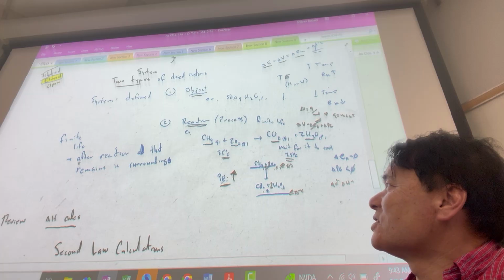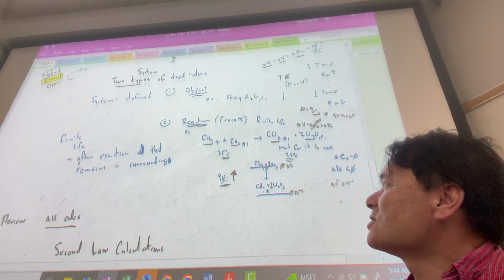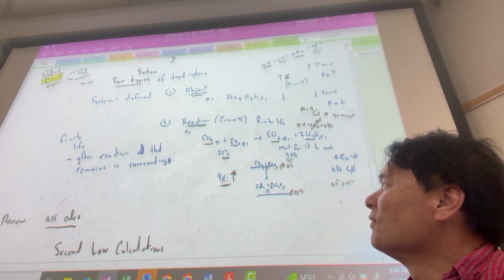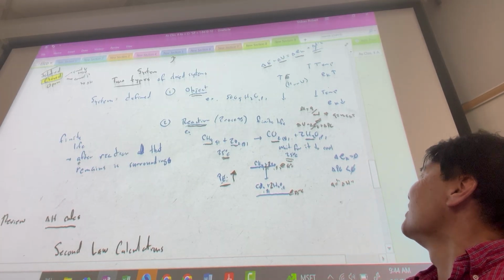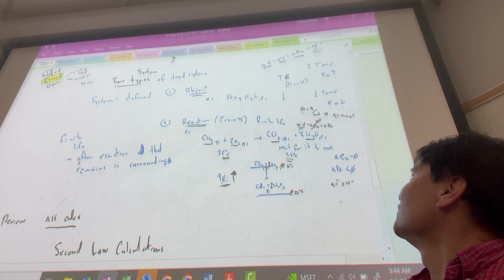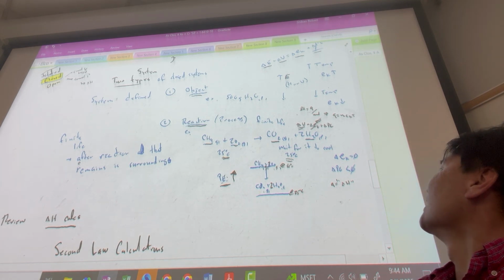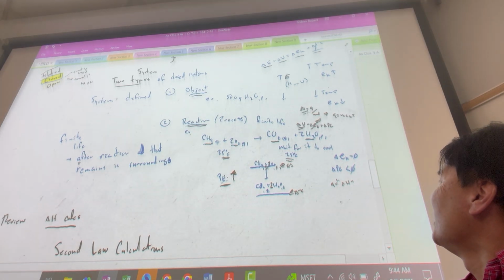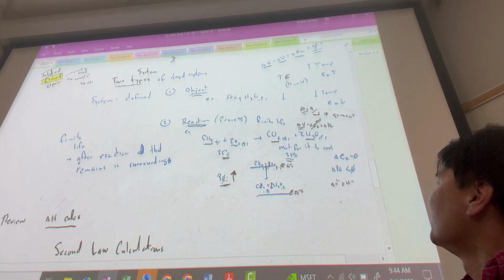Now, when we're dealing with a closed system, it could be constant volume or constant pressure. What is more common for us? Pressure. Constant pressure. If we're dealing with constant pressure, then we're looking at delta H. If we're dealing with constant volume, then we're looking at only delta U. Really what we're interested in is delta H, since we're dealing with mainly constant pressure systems here. And so when we look at delta H is equal to Q, which is the heat